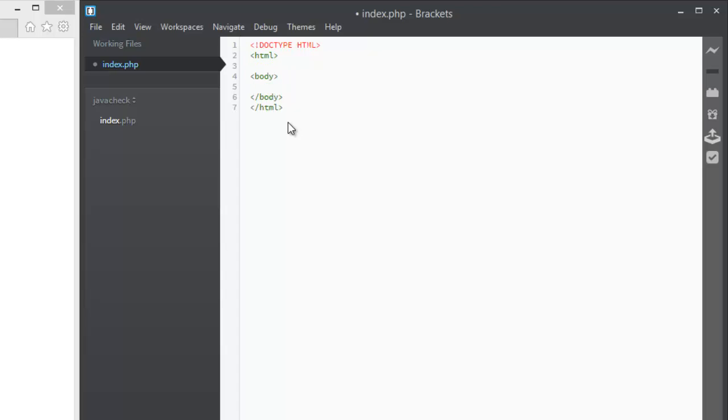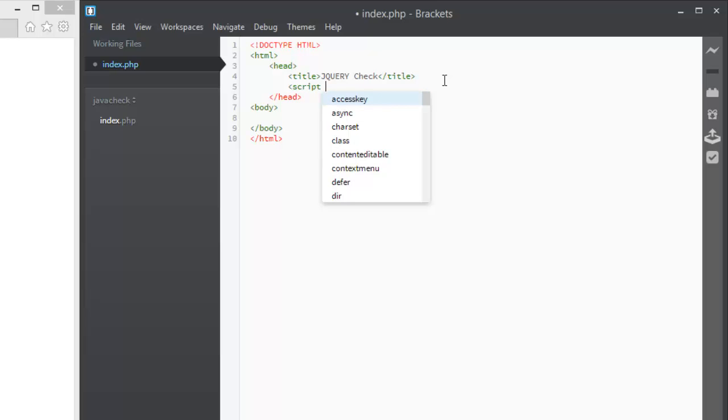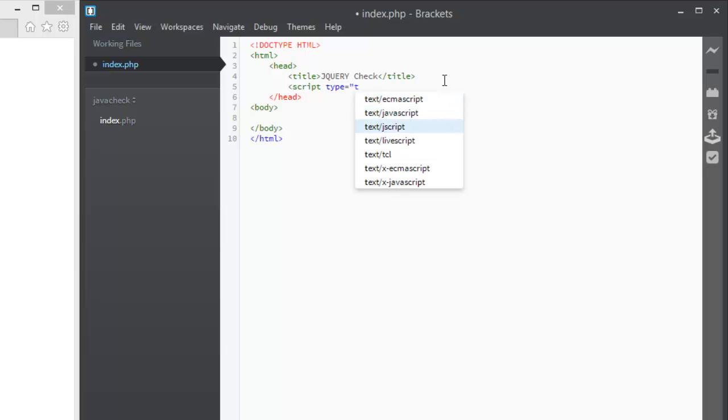And in here, let's get our head, not our header, and give it a title of jQuery check. You can name it whatever you want, it doesn't really matter. Now we are going to need the jQuery script. So script type equals text/javascript here,